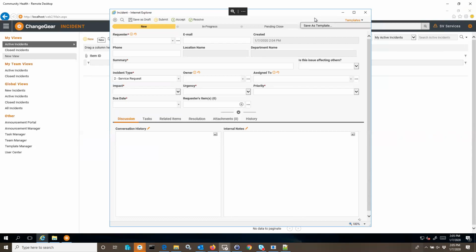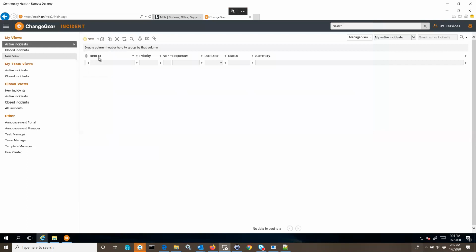And so even if the form we choose isn't the main default, you have as an option this little arrow right here. We don't have any, so it's hard to show, but you could have Department 1 ticket, Department 2 ticket, HR, purchasing, etc. You can click on this arrow, click on your option, and that'll give you the start of a ticket with the correct form, the correct workflow, some of the correct values filled out, etc. That's really the best way to handle multiple departments sharing the same space, and